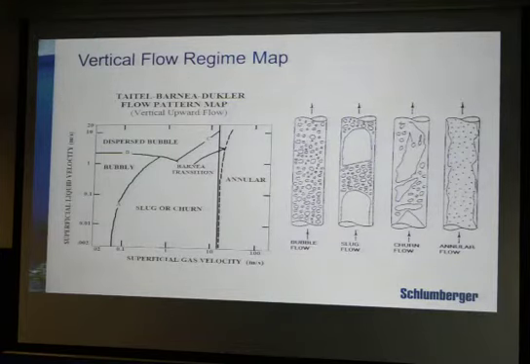Let's consider that the pressure inside the reservoir is above bubble point. When the oil comes inside the tubing, at the bottom a single component is coming, so it's a single phase flow. As the oil moves up, the pressure decreases and gas bubbles are formed, so it's a bubble flow. As it goes up more, the pressure decreases further, all those gas bubbles coalesce and form a slug flow. I think you are aware of this, right?